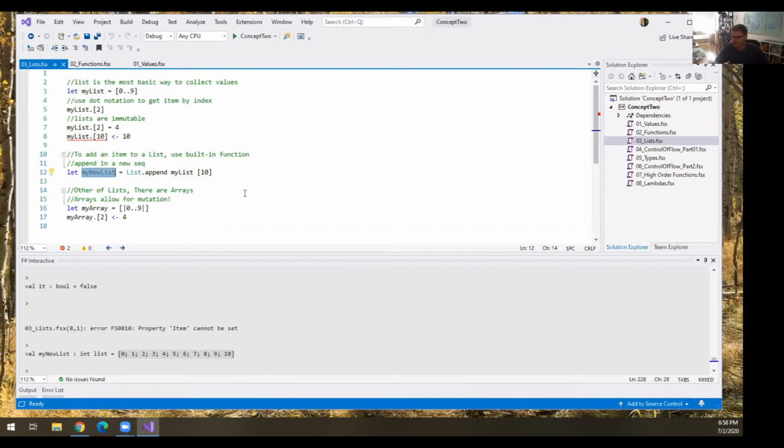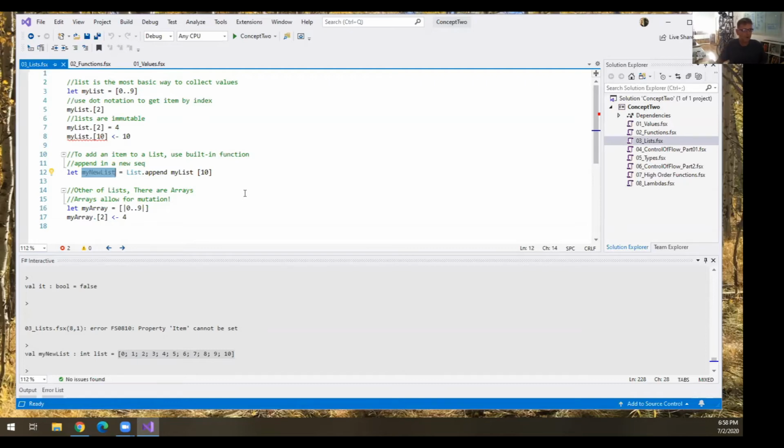It's got a copy. I know all you C++ people, oh my God, it's so inefficient. It's not. The compiler is fantastic. Probably underneath the scenes, unless you use mylist further on in your program, it's actually deallocated immediately. The compiler is that smart. But from a functional point of view, think immutability. You're going to make copies all over the place. But from a performance point of view, F# is incredibly fast and it's incredibly efficient with the memory. But we don't try to do that on the higher language level. We let the compiler folks do that. Any questions about lists?